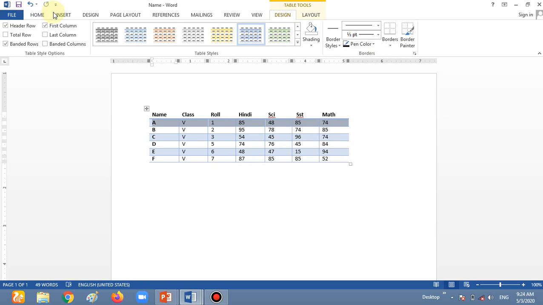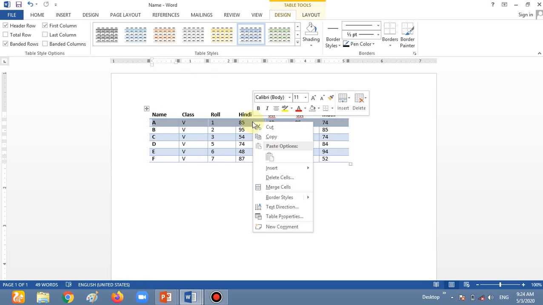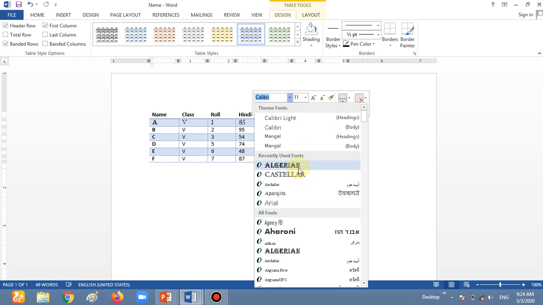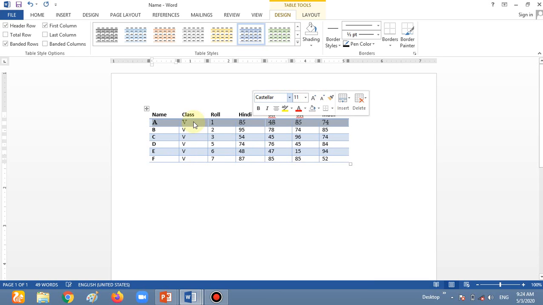Okay, and then go to the Home tab, or if you don't want to go to the Home tab, then simply right click on this area. अगर आप home tab में नहीं जाते तो right click कीजिए इस area पे, and then change the design which you want to change. Now you see the design is changed. Okay, you see this one is completely different from the other one. This is the way we can change the design of our data.